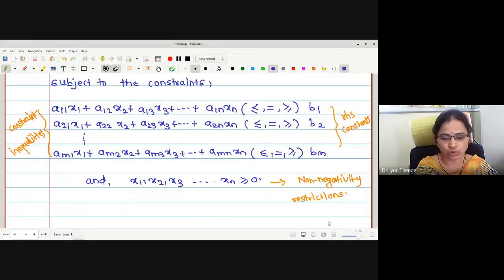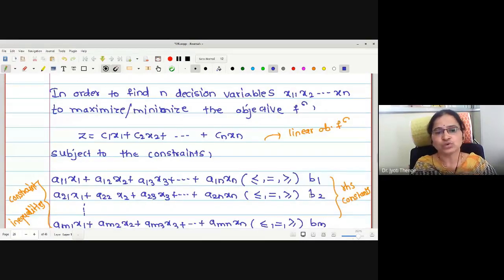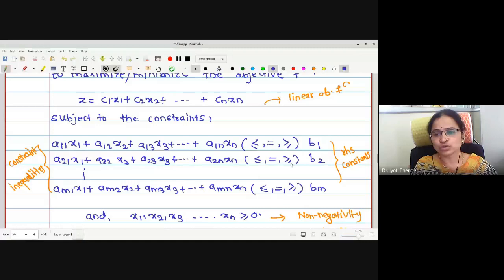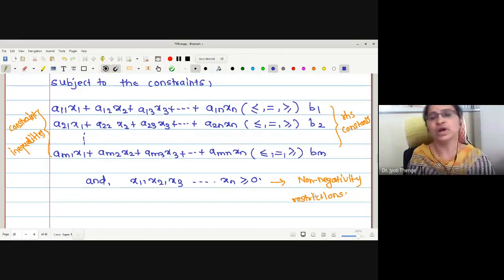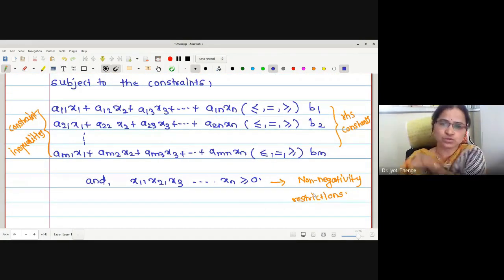Now what job are we going to do? We are going to convert this general formulation of the linear programming problem to standard form. Actually we want to solve these m inequalities, but we cannot solve inequalities with mathematical statements. Therefore we will convert those inequalities to equations, so that we get m linear equations which we can solve very easily using the system of non-homogeneous linear equations. How to convert the inequalities to equations?